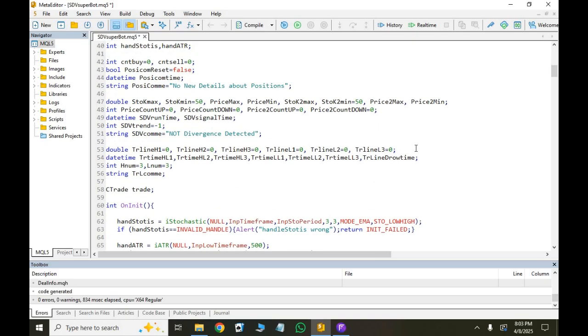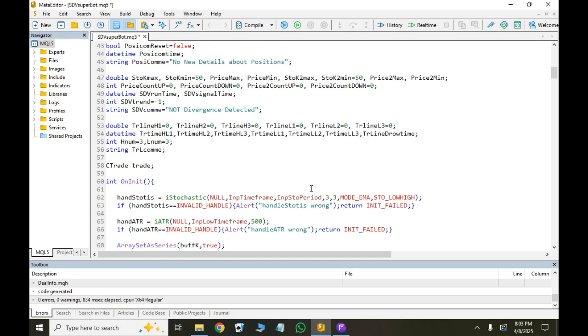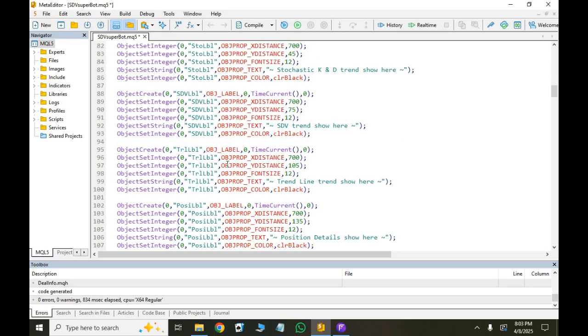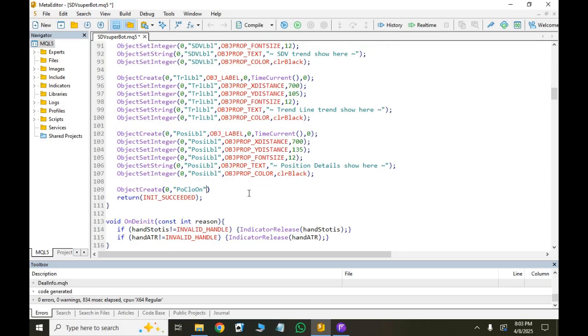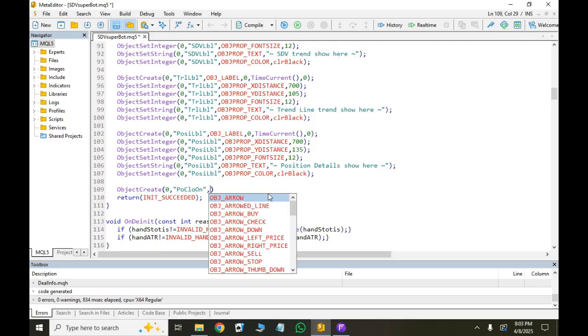And we can type any short name. You can change these names as you want, but make sure that two names are not equal. That's the error, right? So button name, position close on button, object button,